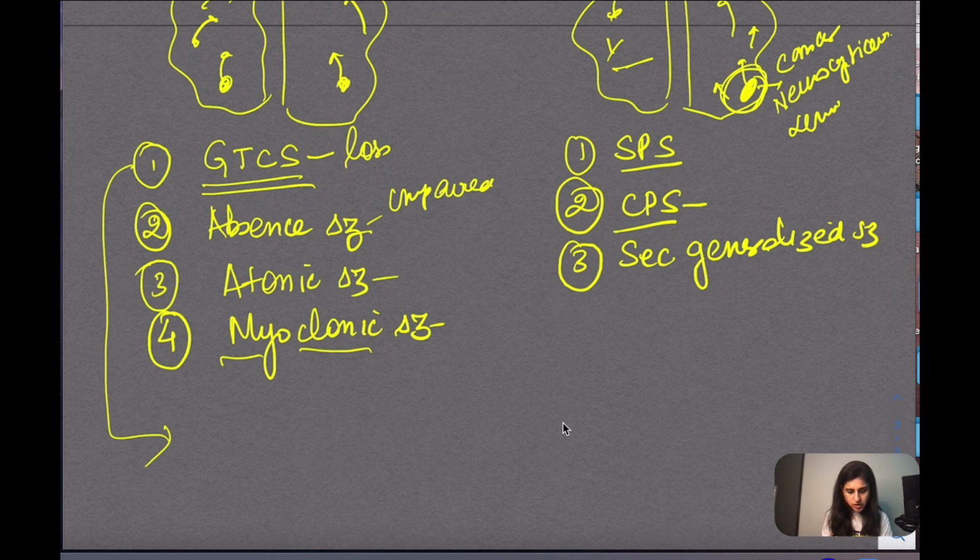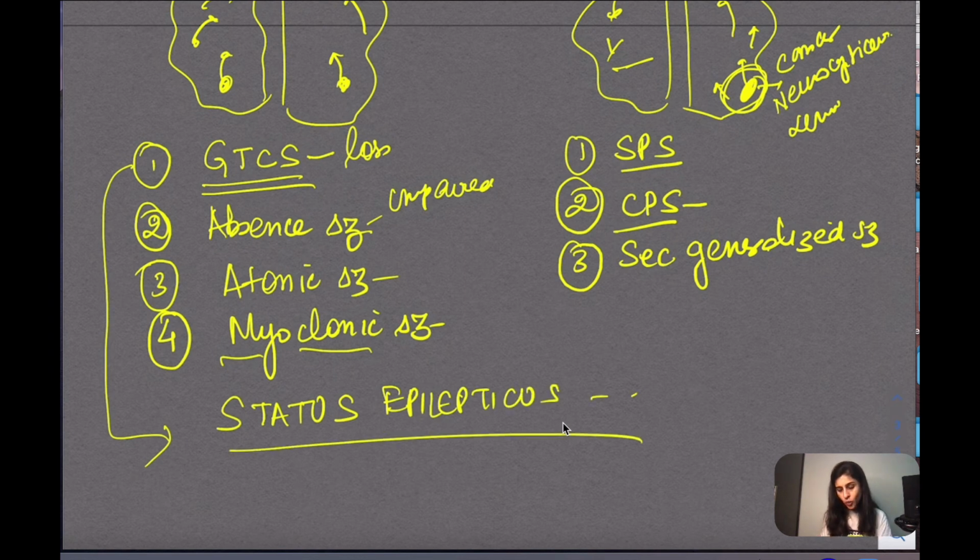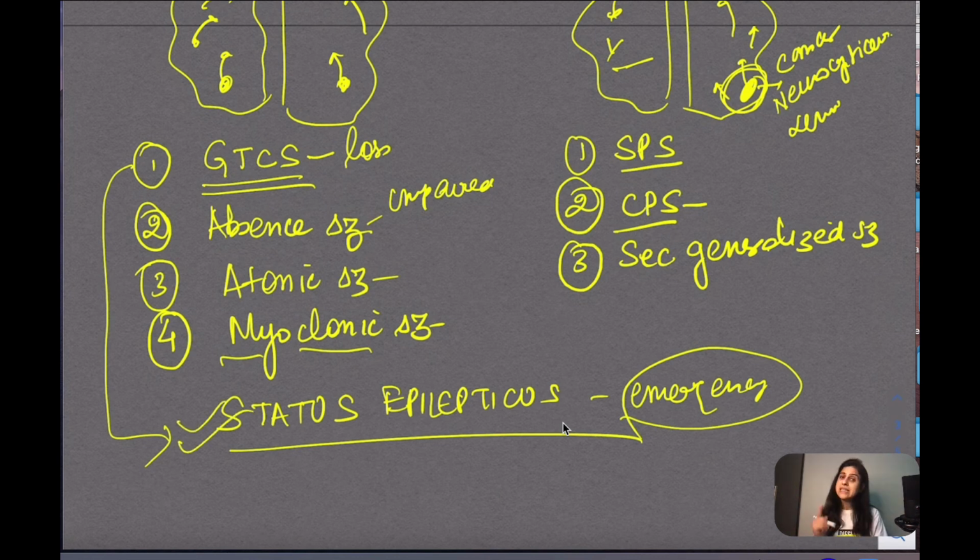And that condition is called status epilepticus. This is an emergency condition where the attack is occurring one after the other without any recovery. So the patient is not regaining consciousness in between. It's an emergency. There can be respiratory arrest. The patient can have damage to the brain because the neurons are repetitively firing, one after the other. So this becomes an emergency to treat. When we do the drugs for the epilepsies, we'll also be discussing specially how to treat status epilepticus, because it's an emergency and needs to be treated as an emergency.